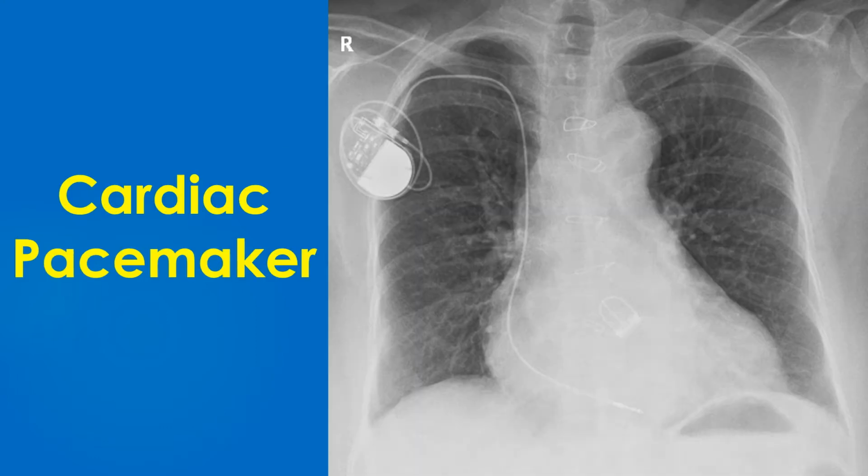A redundant part of the lead has been coiled within the pulse generator pocket subcutaneously, as is the usual practice during pacemaker implantation. The lead can be seen coursing through the subclavian vein into the superior vena cava and to the right atrium. Distal end of the pacemaker lead can be seen to the right of the spine near the left hemidiaphragm. The fact that the lead has crossed the midline in a PA view indicates that it has crossed the tricuspid valve, which usually overlies the spine in this view.